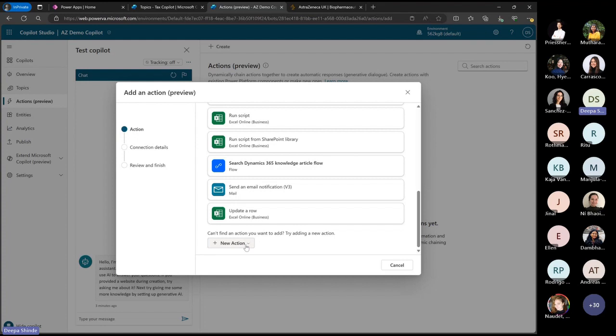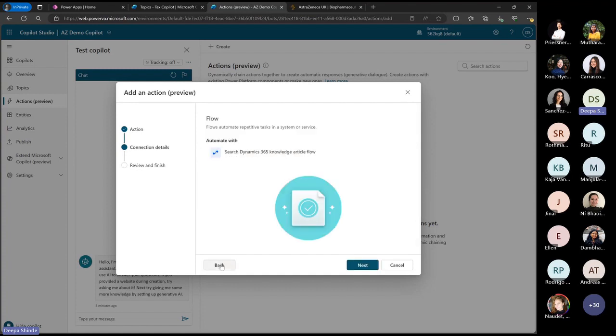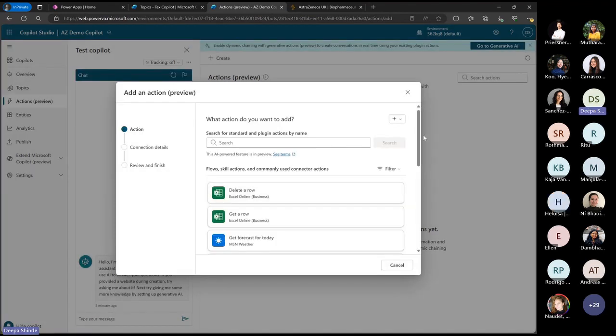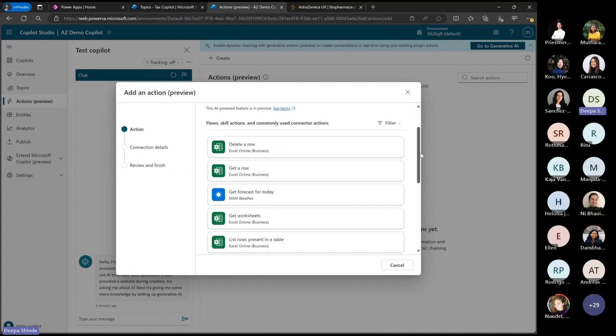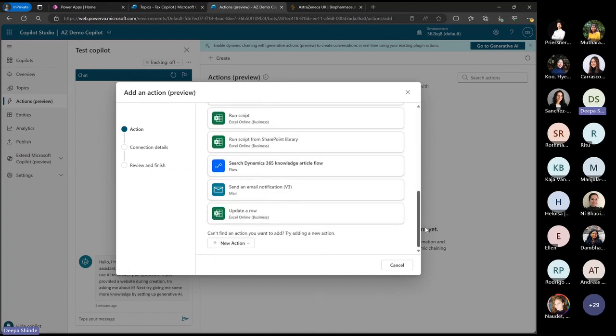So you can create a new action and get it added in here. You can send an email, or you can run a script from a SharePoint library that you have stored, or you can actually run a Power Automate flow as well. So you can take multiple actions.